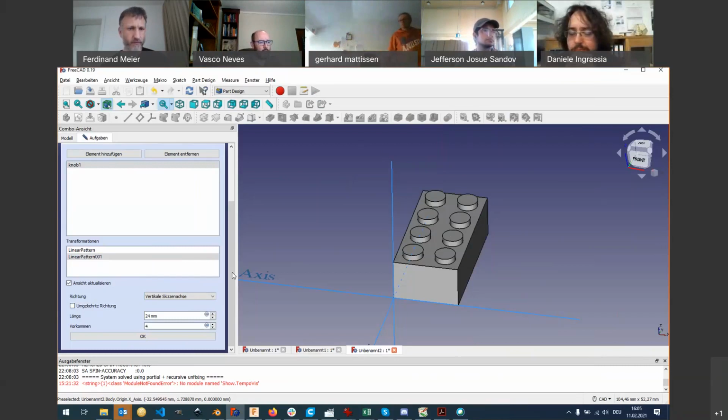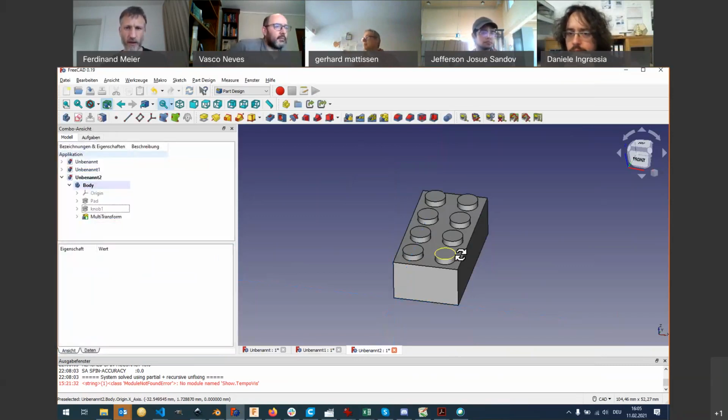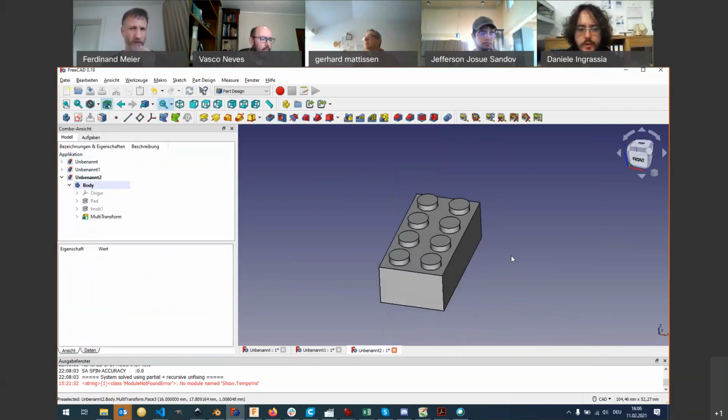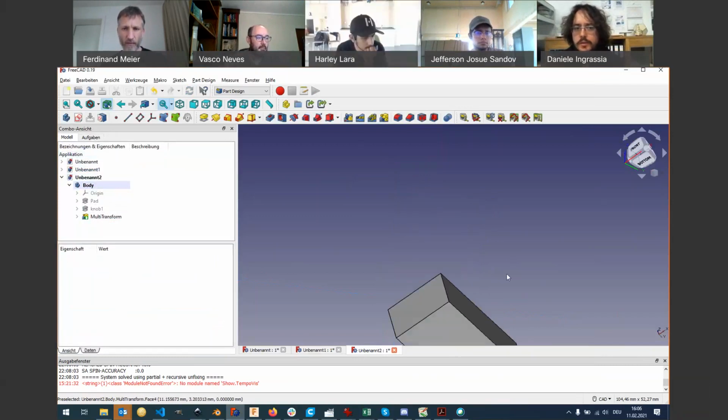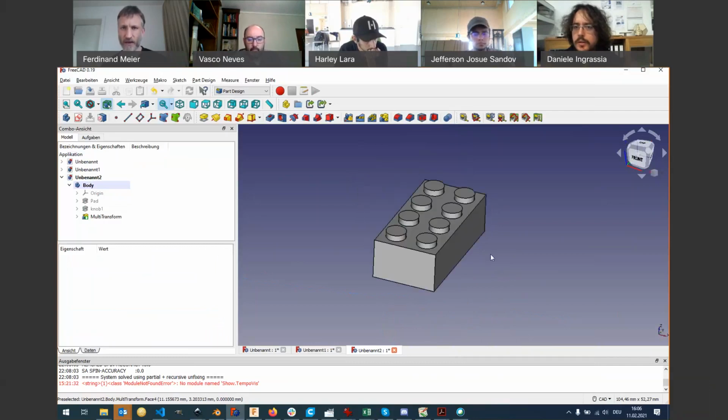Okay, and so now we can confirm our operation by hitting OK on the very top. And we should have like a Lego brick that is still not hollow. And so actually I prepared this tutorial hollowing out the bottom manually, because last year FreeCAD still didn't have